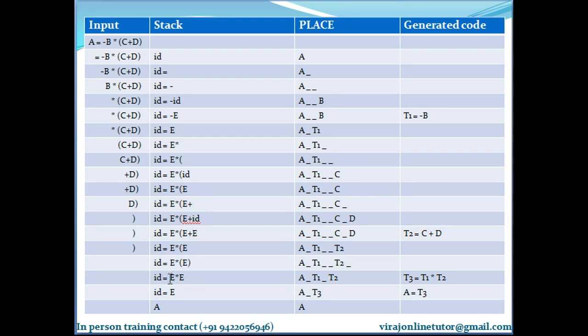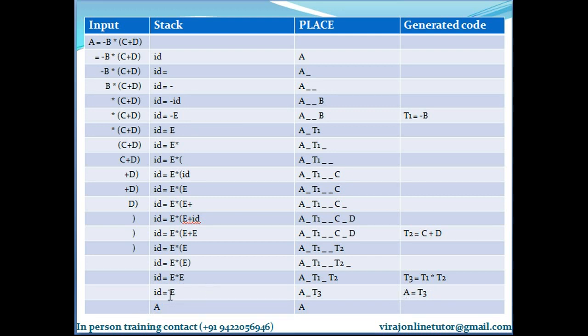Next, I am multiplying E1 with E and replacing it with E. So T1 is multiplied with T2 and replaced with T3. This was a placeholder for the asterisk, right? So T1 into T2, I save it into T3. That's why T1 into T2, I remove it from the value column and I write T3 there. Finally, E is saved into ID, which is production A. So this T3 is saved into this first equal to sign. This underscore was a placeholder for equal to. So T3 I am assigning to A.